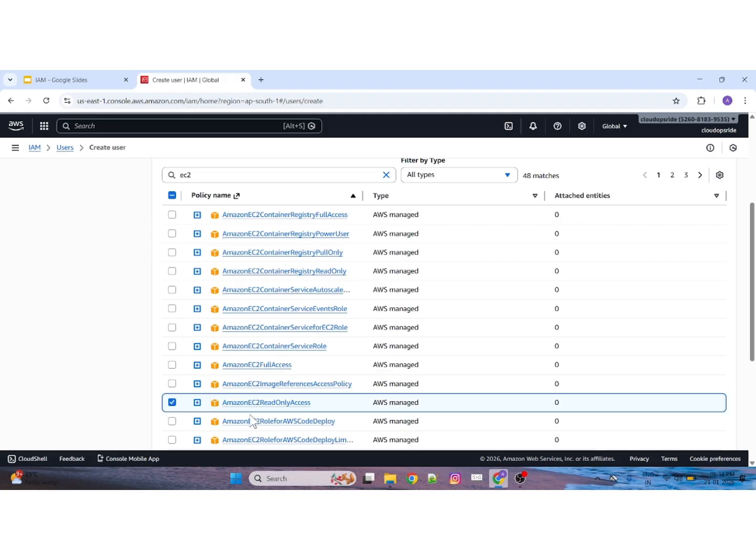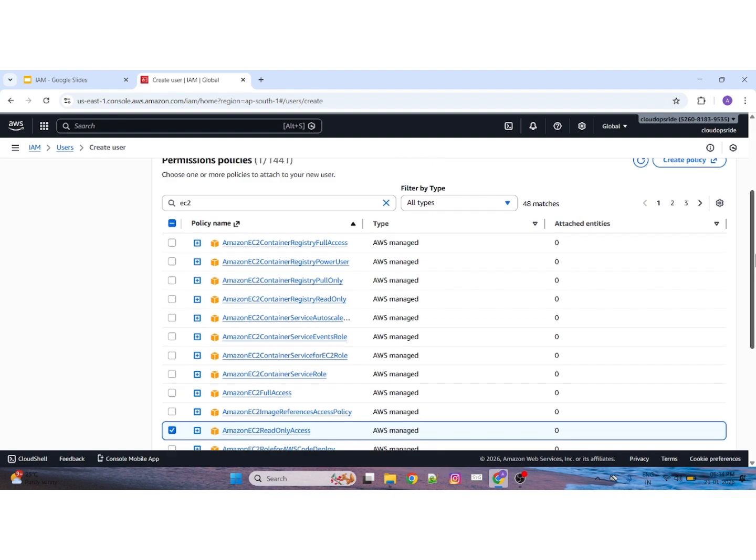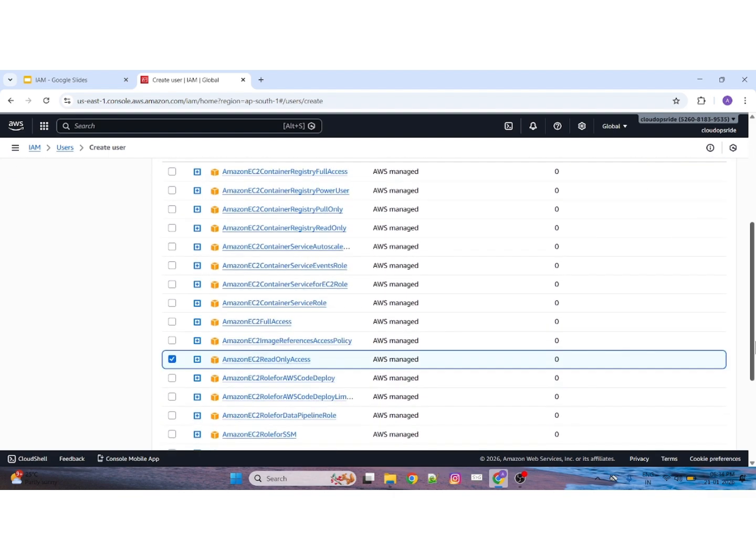You have this option. If I give EC2 read-only access to that particular user, then he will only be able to view those particular instances. He will not be able to do any write operations, which is nothing but he will not be able to terminate that particular instance, right? So this is how we attach the policy. Next,